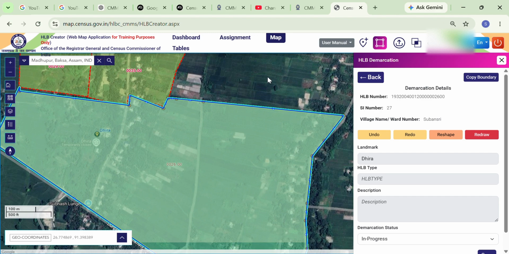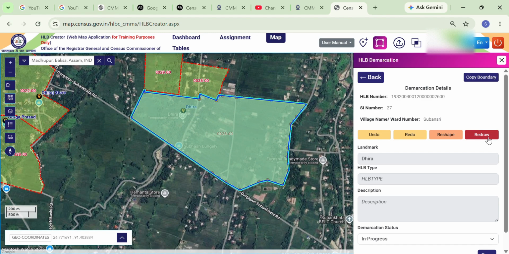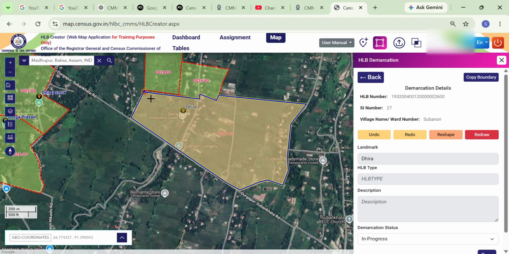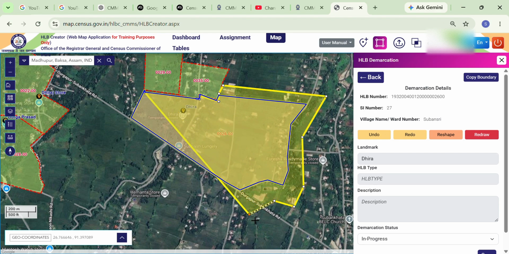Now I was going to explain the redraw option, right? So we'll now click on the redraw, and I will start demarcation from here, as this is the redraw, right? Let's say our redrawn HLB boundary will be larger than our existing old boundary, right?